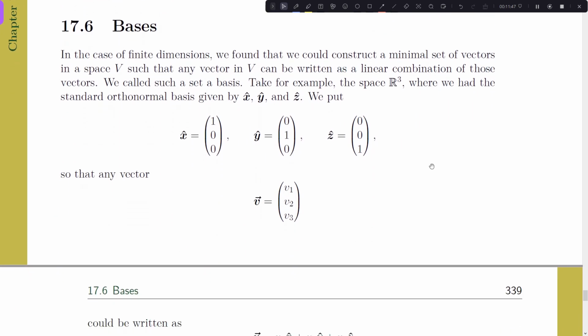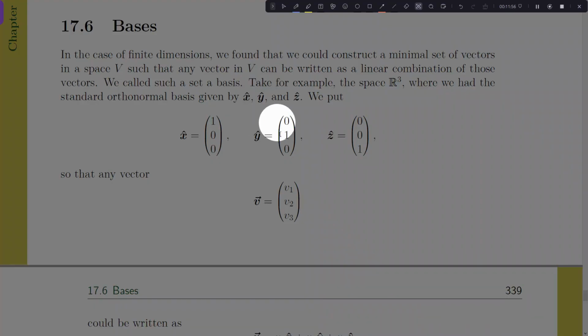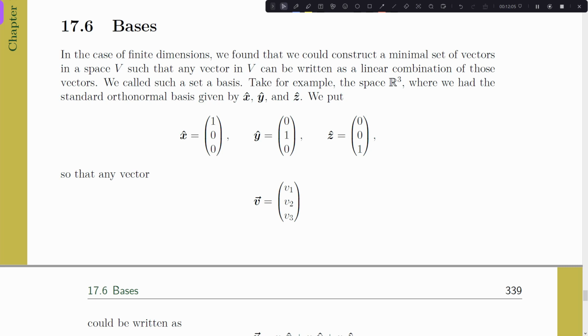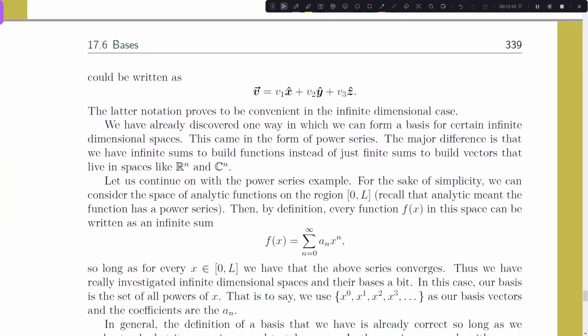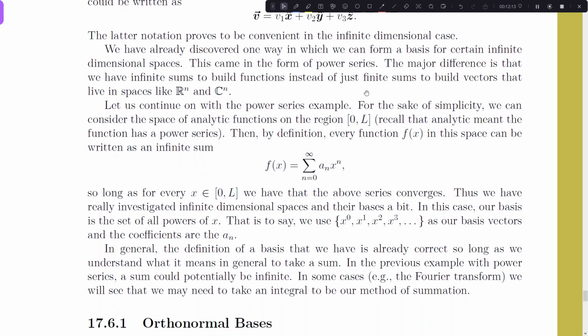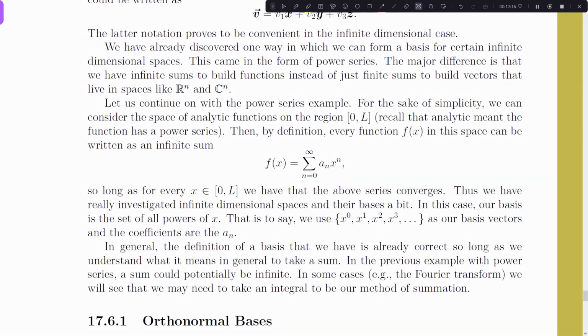So jumping down, next section, we're on bases now, which I know you're fairly familiar with, right? At least in finite dimensions, it's really easy to define our basis as (1, 0, 0), (0, 1, 0), (0, 0, 1), maybe in 3 dimensions. And we can write any vector as a sum of basis vectors, and we can generalize that to any number of dimensions. But this next part is what's kind of important, and I would highly recommend that you jump back to